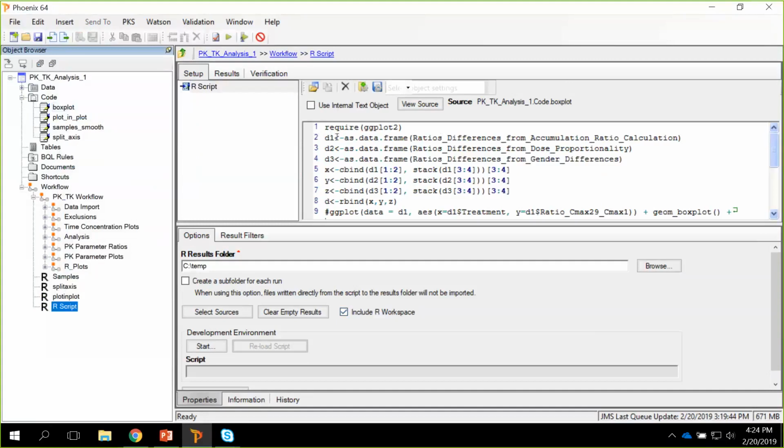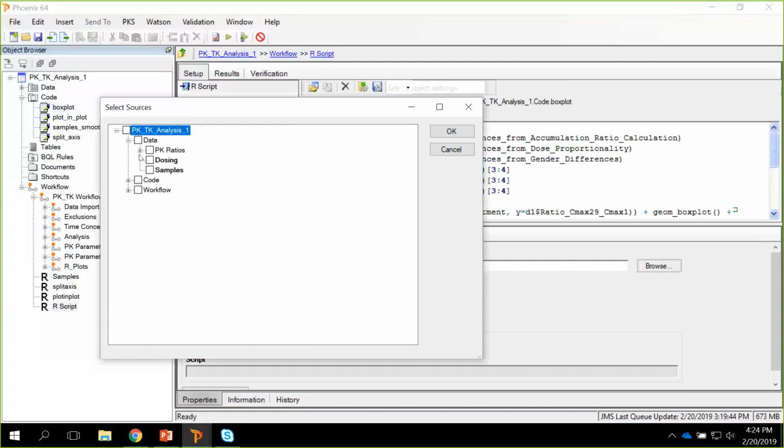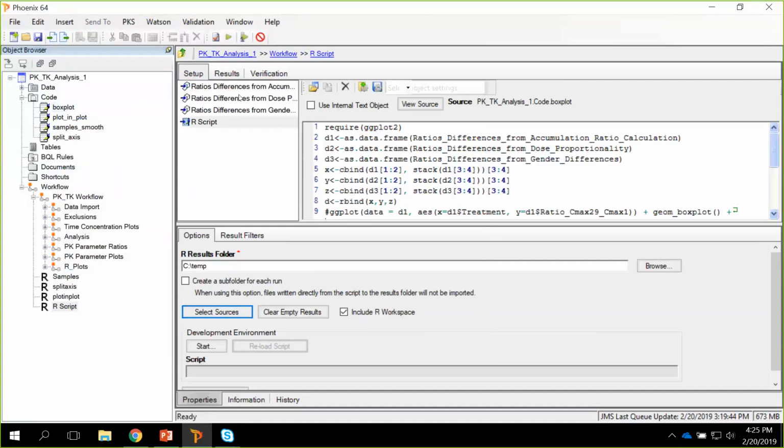This one is not linked through the attach statement, and here you just need to select sources in the bottom panel. If I select sources, I just take those three input sources, and these are now mapped to this R script object, and it will use those as data frames. And then I just need to grab some columns, some numbers from these input ratios, and then combine them, stack